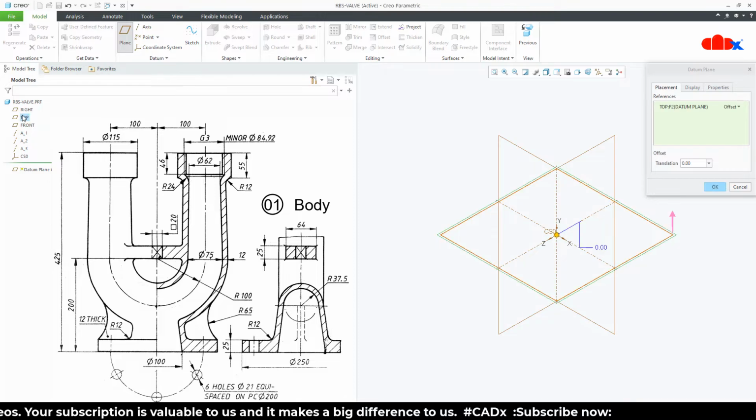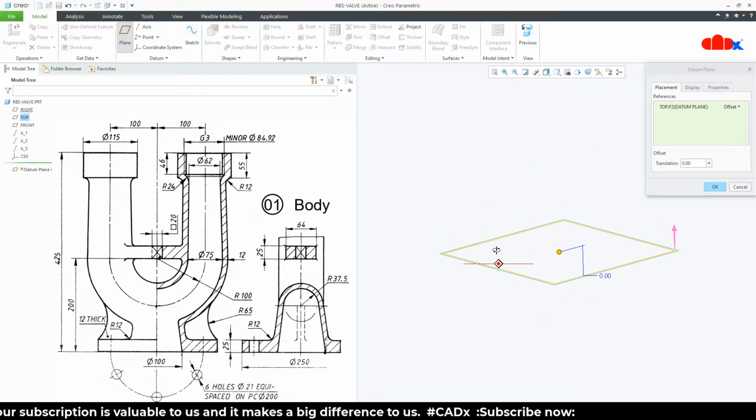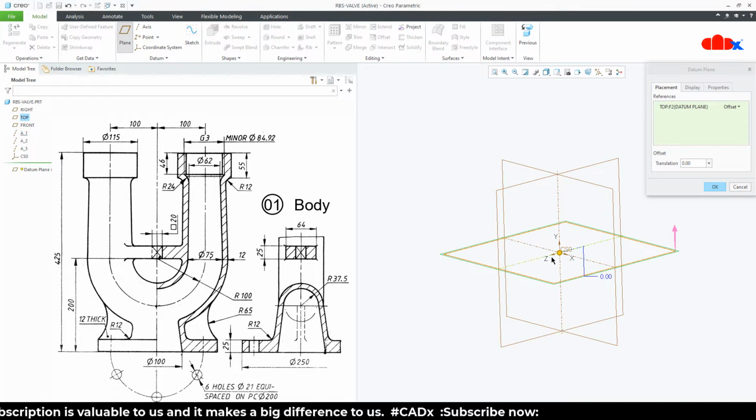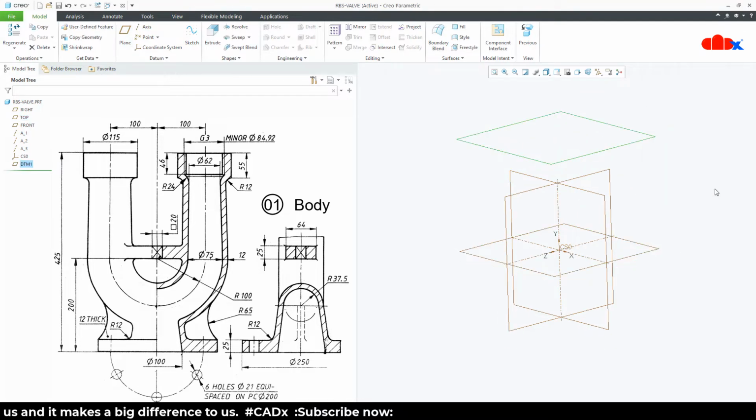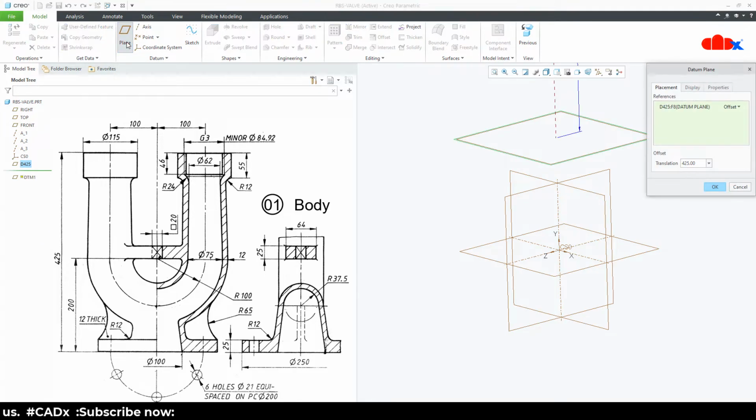I'll go with the top datum plane. The first datum plane is 425 away from the top datum plane. I'll rename it to datum 425 for easy understanding. One more time, I'll go to the datum plane.